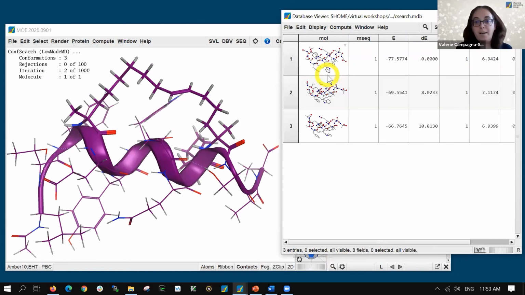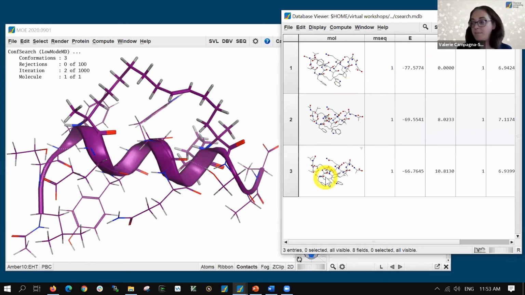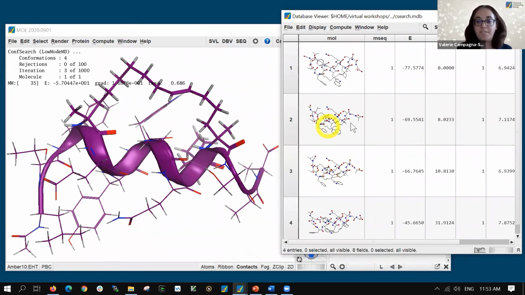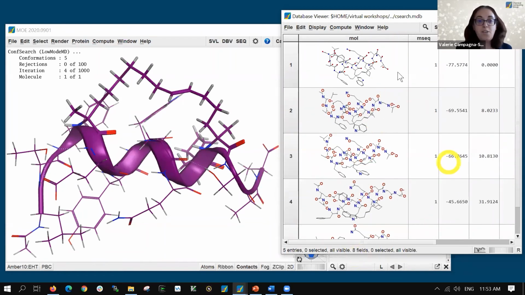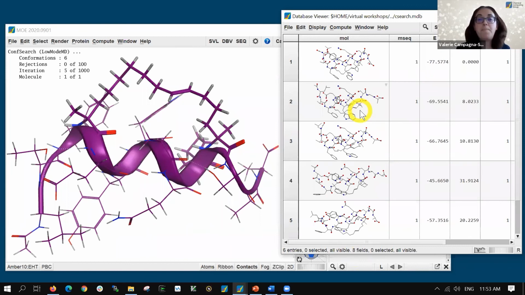Okay, so that's going to run. I'm going to have some peptide conformations that are going to appear in the database viewer. Sorry for that. So again, I'm not going to let this run to the end. We'll use some conformations that I've already generated here, but that's just to show you how to set up the